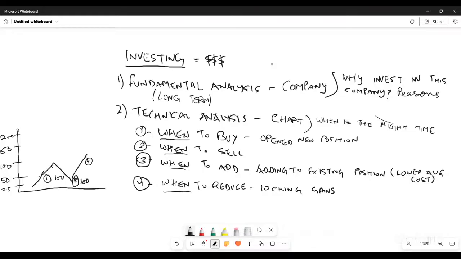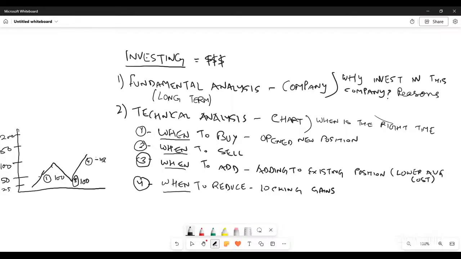By reducing the shares, what you're really doing is locking in gains, meaning you're collecting gains also, right? So here let's say we take out, I'll say minus, you had 200 shares, you will